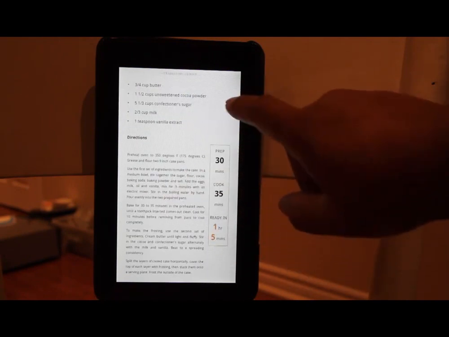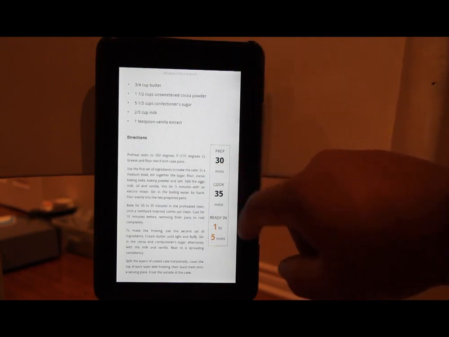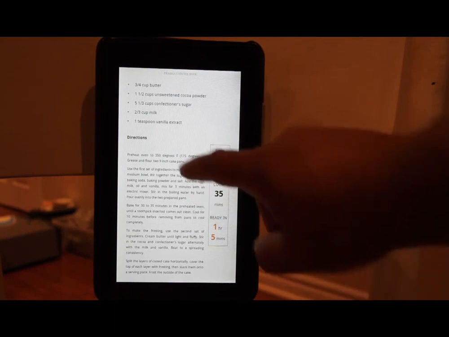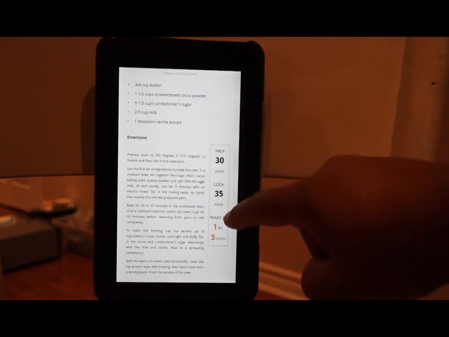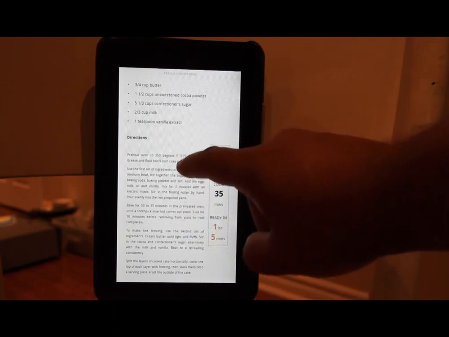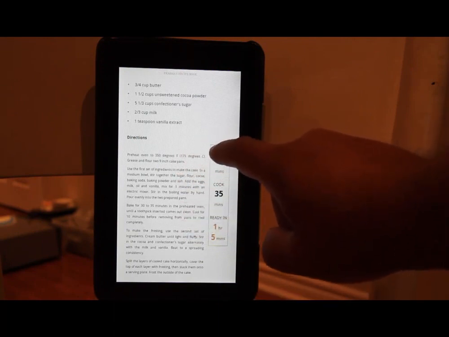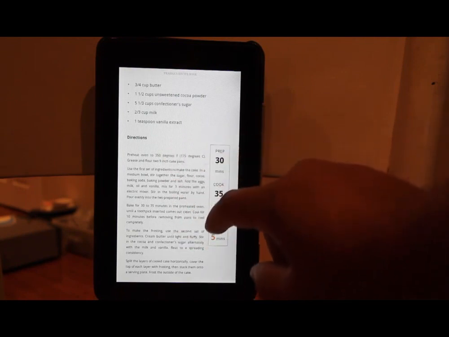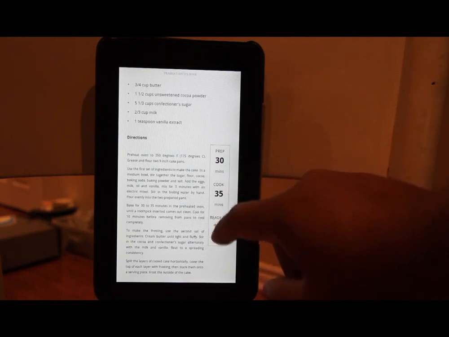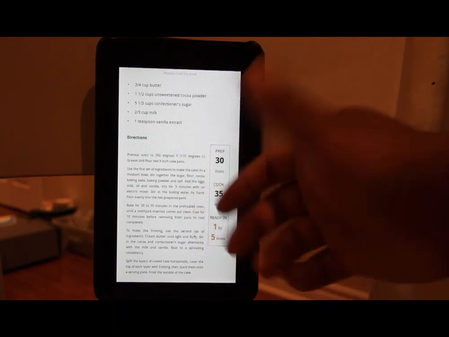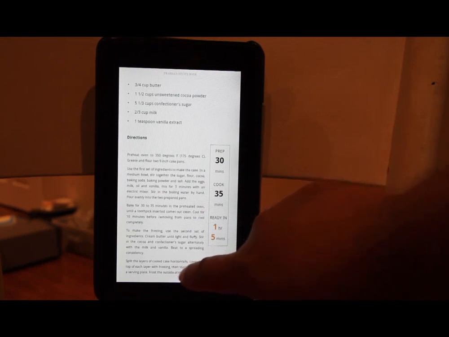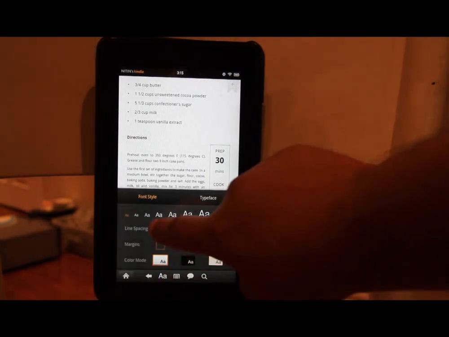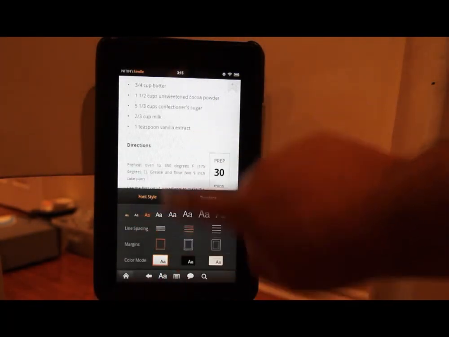Alright, so let's go to the final one. Now the final one here is really something that is exciting, and this is simply that we did create a border around the table, and here's the ingredients. Now one thing that you might notice is that this is kind of slightly above this text here. We can easily fix this by playing around with the formatting, but once again it all depends on the font that you choose. Okay, so if we go back here, we go onto the font, we select this font,